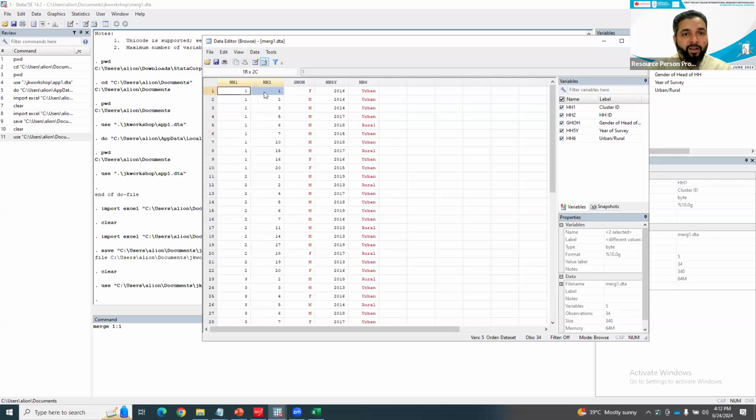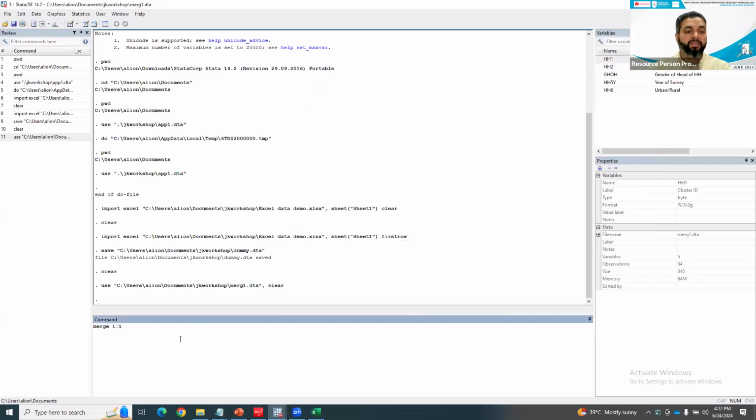You can see that the combination of household number 1 in cluster number 1 is only appearing once. Household number 1 in cluster number 2 is only appearing once. So this combination is unique. So I need to not only define household ID, but also the cluster that the household is in. So I will say merge 1:1 HH1, which is for cluster. And within that cluster, we have household